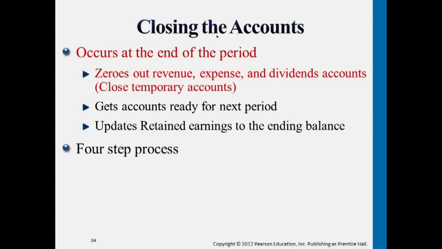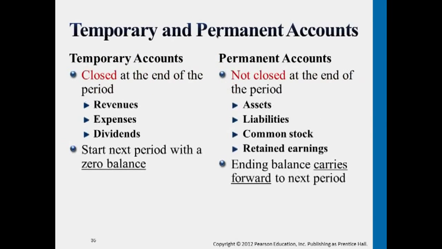Okay, so by doing this in detail, there are 4 steps. There are 4 journal entries, 4 posting steps to do in order to get to the final balance of retained earnings. I actually just mentioned this already. Temporary accounts, we close them by transferring information